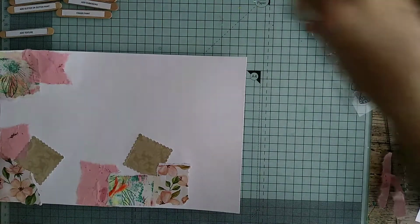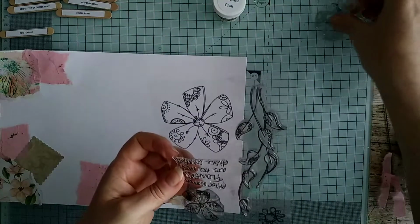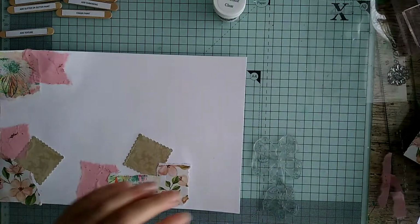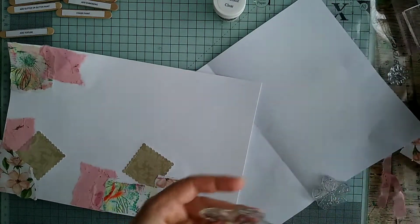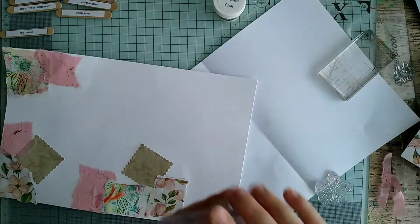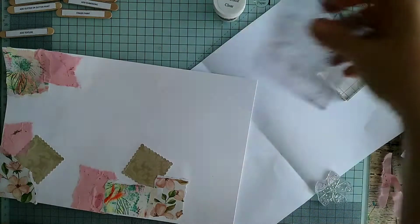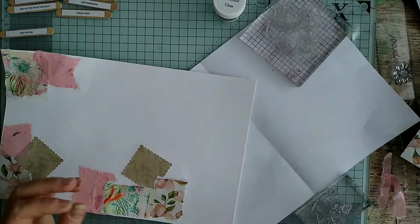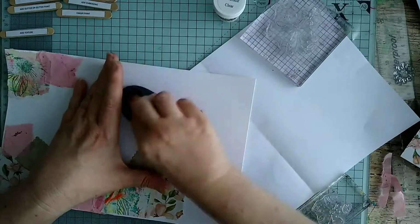Okie dokie, right. I'm going to have a go at heat embossing in clear. Now, I'm not the world's best heat embosser. I used to use it like 20 years ago when I was card making and things, but I would say quite in a basic way. So I'm just going to see what happens. I've no idea. This may be a complete mess, but